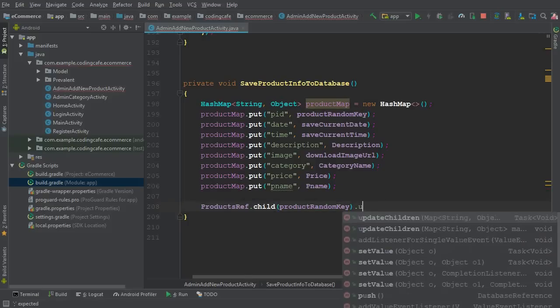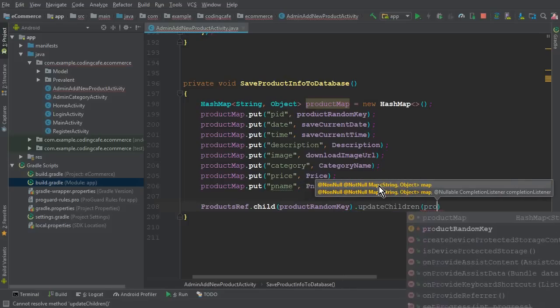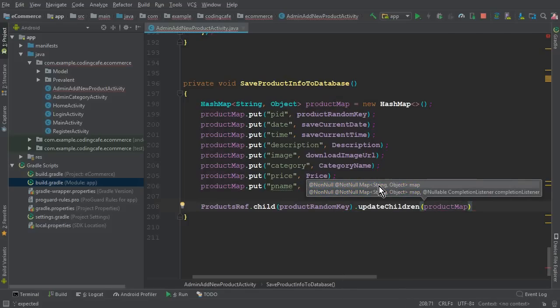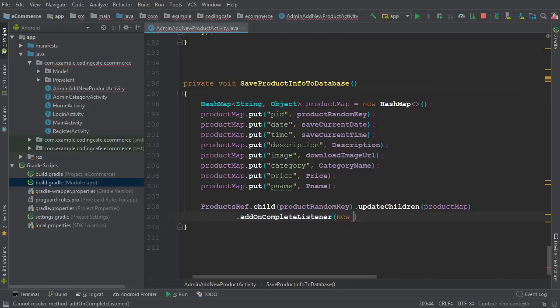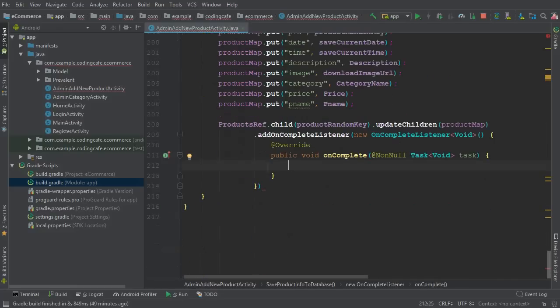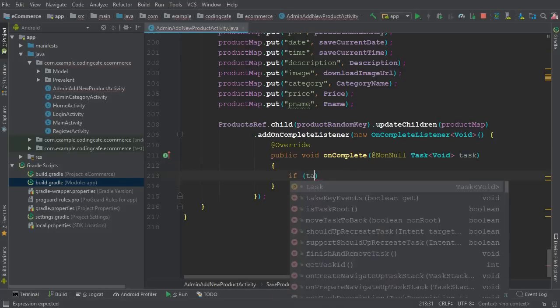So then we can say dot update children and pass the product map to it, dot add on complete listener, new on complete listener. Make sure to put a semicolon here first, and here we can say if task is successful,